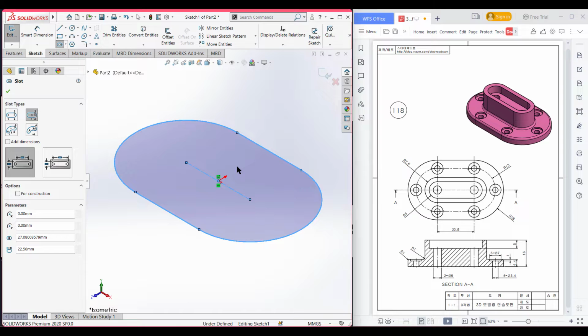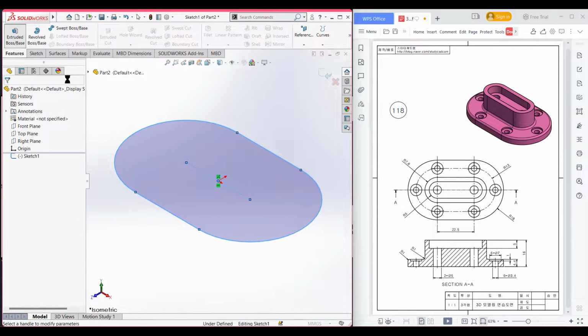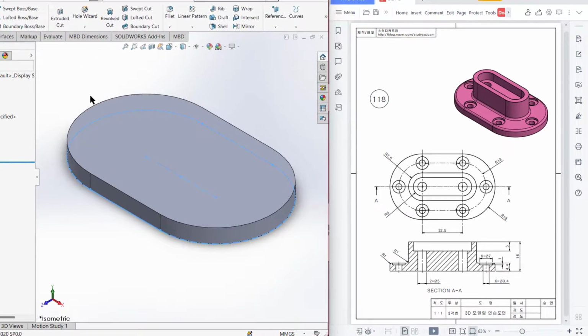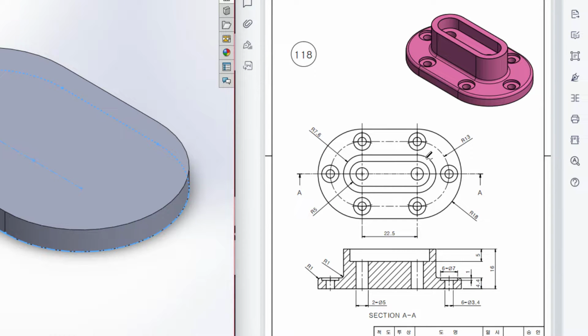Now isometric it for a better view. Now go to features and now extrude boss. Now extrude boss it to 4.4 unit. Now press OK. After that, we can see we have another